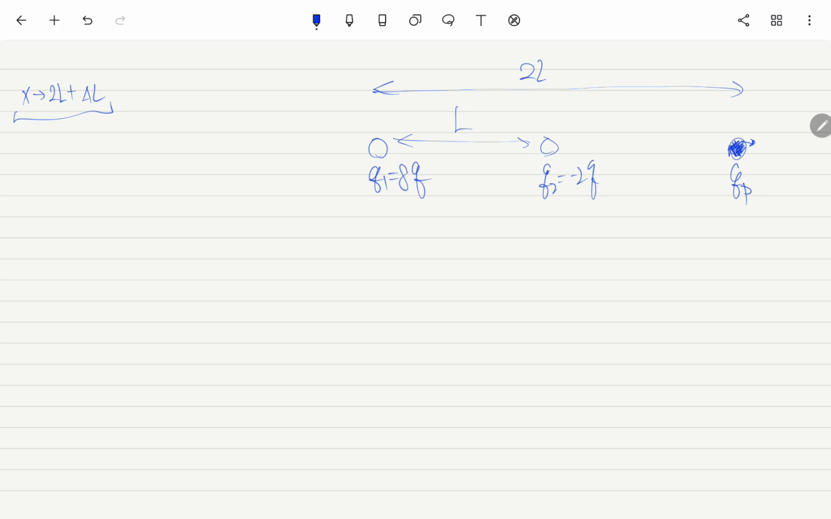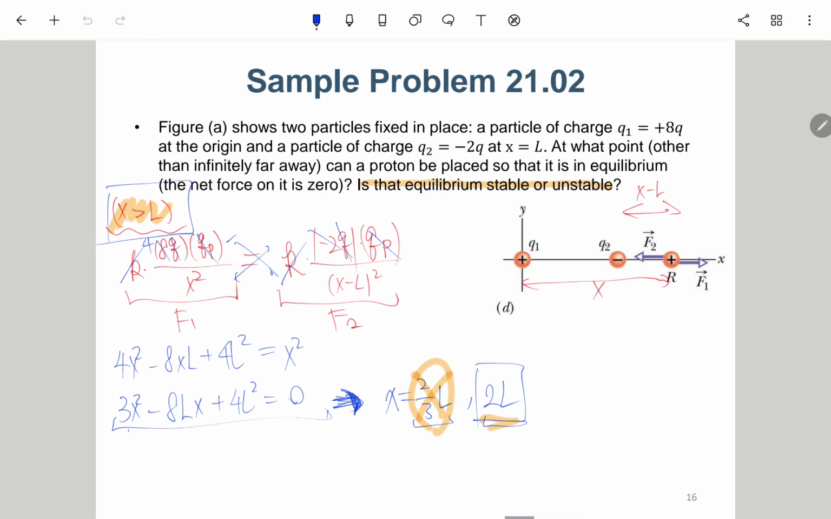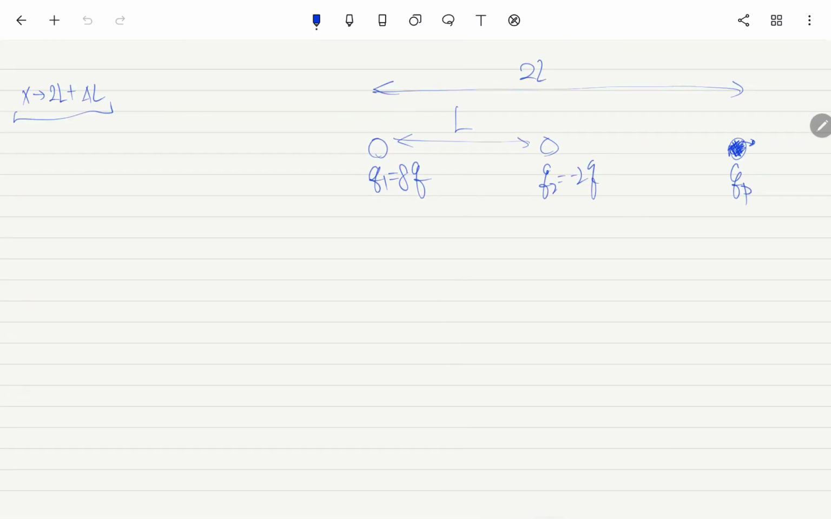If it is perfectly x equals to 2L, as we calculate here, the net force acting on the proton should be a perfect 0. But if we try to put it to a little bit to the right side, whether it is positive or negative. So let's see. So here F net, maybe I just calculate the magnitude. Oh yeah. So F will be